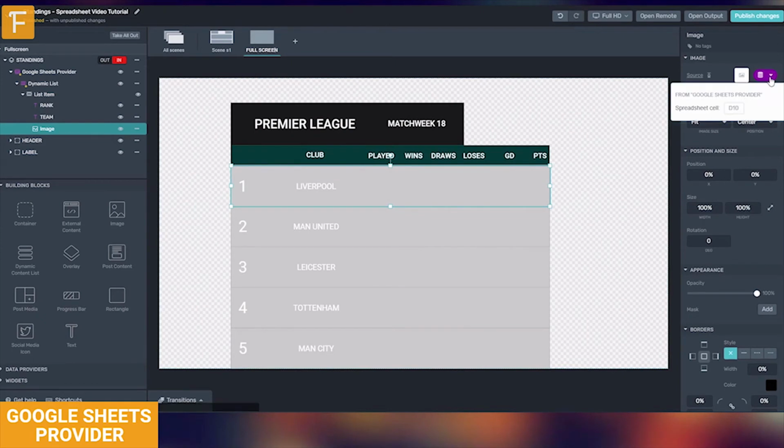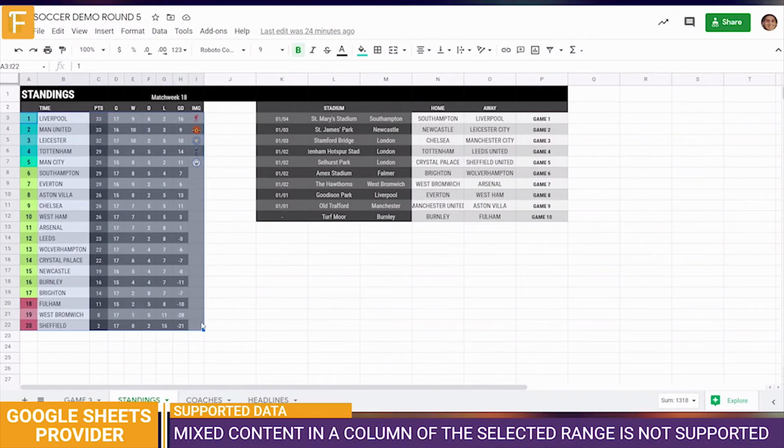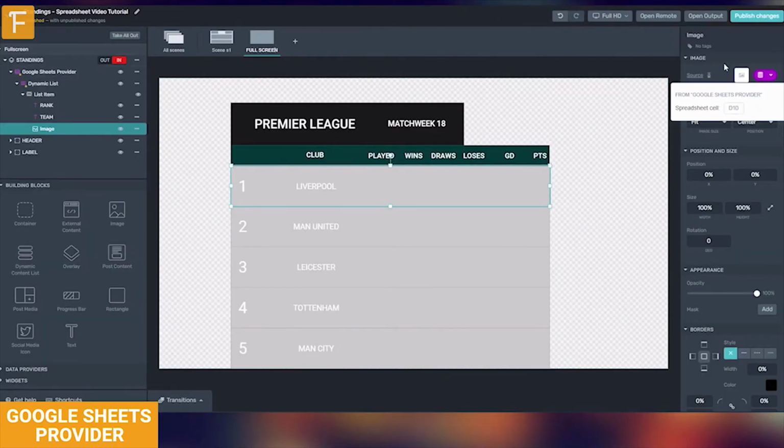When adding images, see that we cannot bind the column, and this is because the image column in the range we selected has empty cells. Just make sure that the whole column is filled with images so we can connect it with our Google Spreadsheet provider.